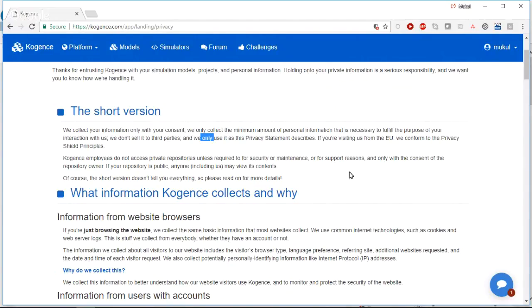If you keep your project private, it's private. Nobody can access it. Even Kogence employees cannot go and look at your private projects. The way the Kogence platform is designed technologically, we cannot access your private project unless you give us permission to do so. Also, only in extraordinary circumstances do we access private projects, and those can be either